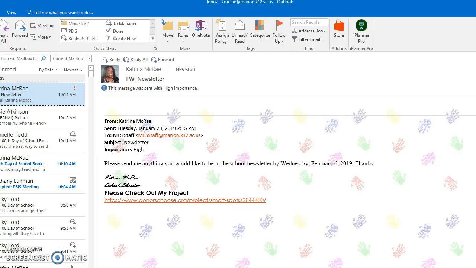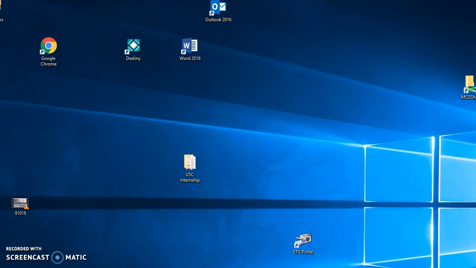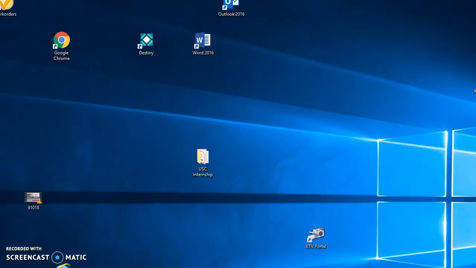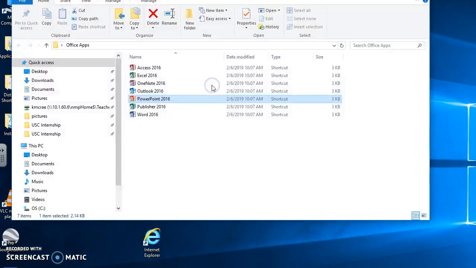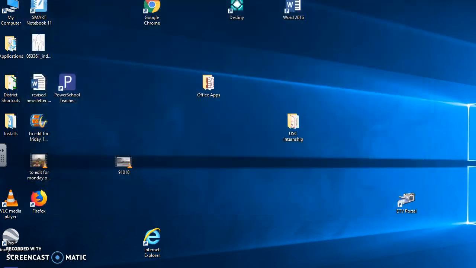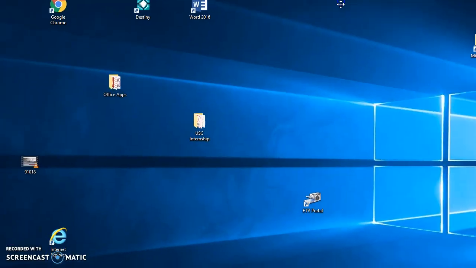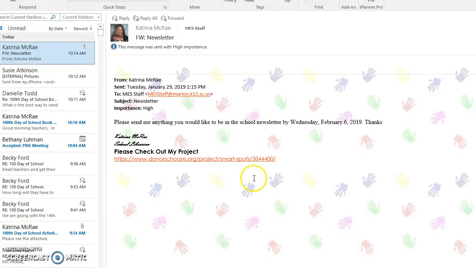If you do not have your Outlook on your desktop, I do recommend that you go to your Office Apps folder, which is here, and drag your Outlook out to your desktop. So once you open Outlook,